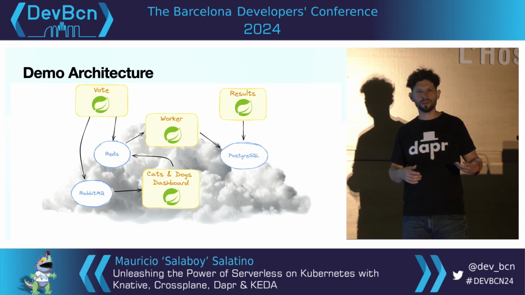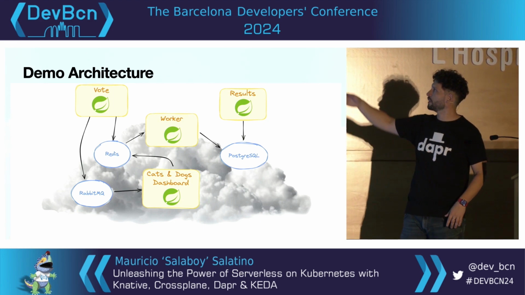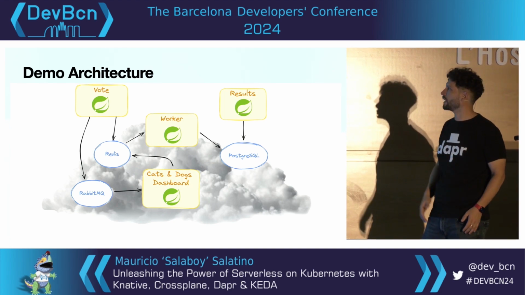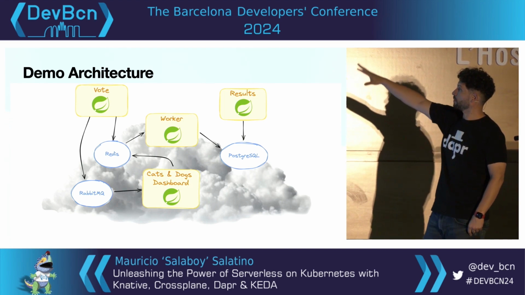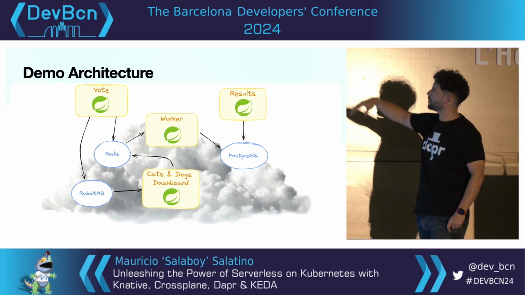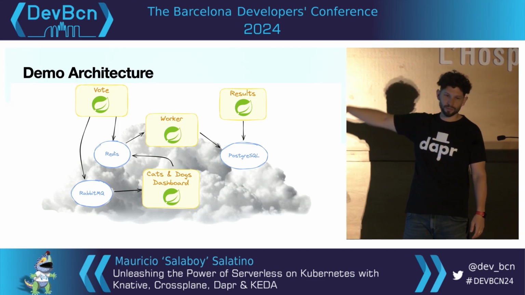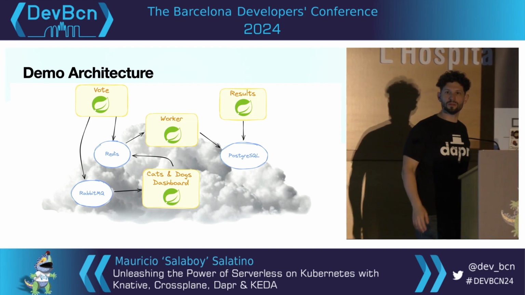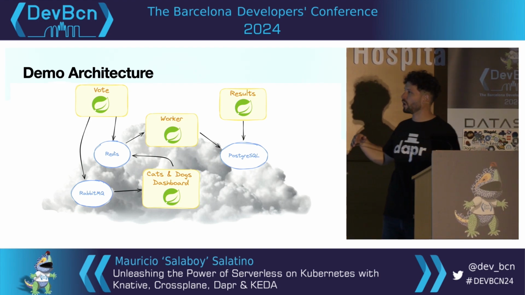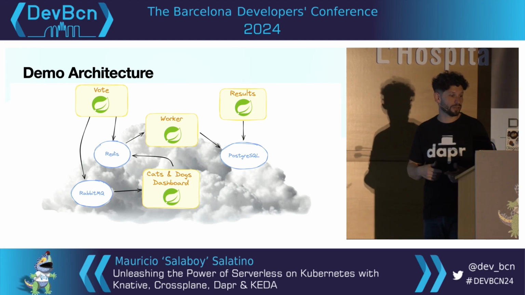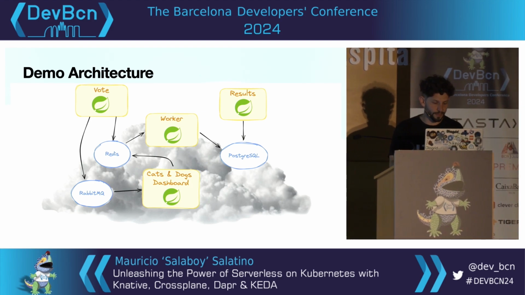I don't want to be waiting to upscale a function to be able to show a user interface. That should be up, at least with one replica running all the time. I have some infrastructure like Redis, RabbitMQ, Postgres that needs to be running somewhere and I need to manage. And then I have some web sockets going on back and forth. Again, another reason why a function might not be the best thing if I need to keep these bidirectional connections open just to send notifications.